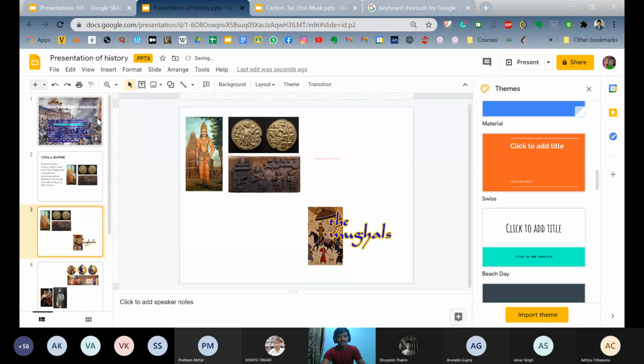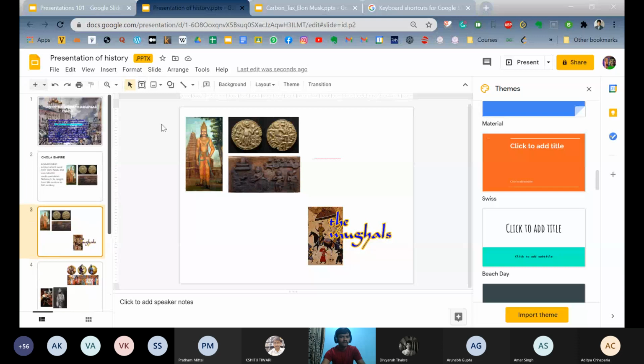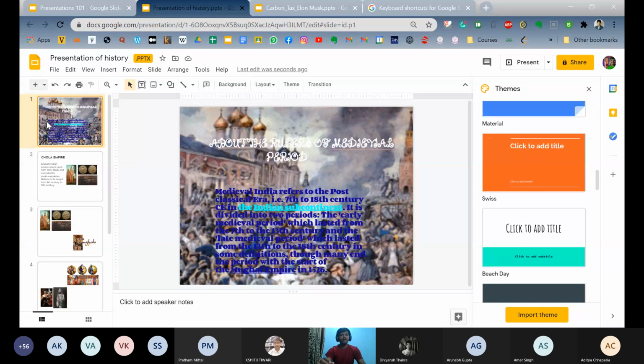Similarly, we can work on all the slides. I don't think it's needed now. But for this, what can be done? We can have a slide called introduction.